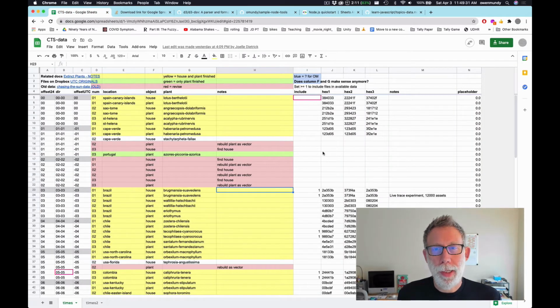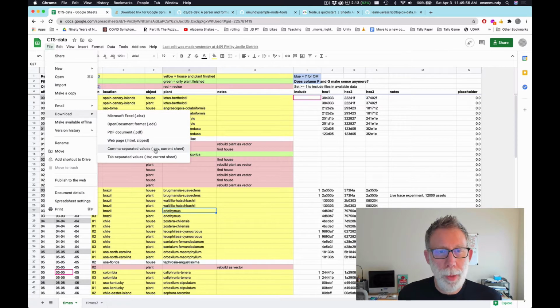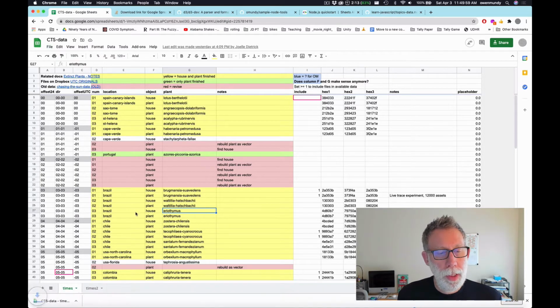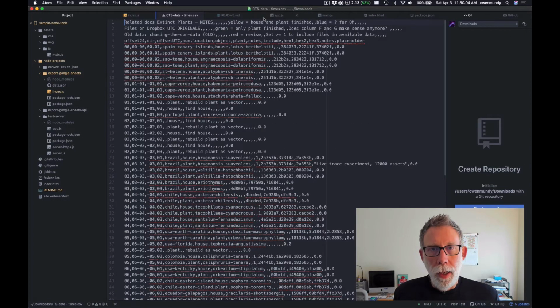So I have a document here that my partner Joelle is working on for a game or animation project she's still developing. Right now she's just doing these drawings of these extinct plants. And so the first method is that you can just go File, Download, comma-separated values. And so take a look at this in Atom, and we can see that